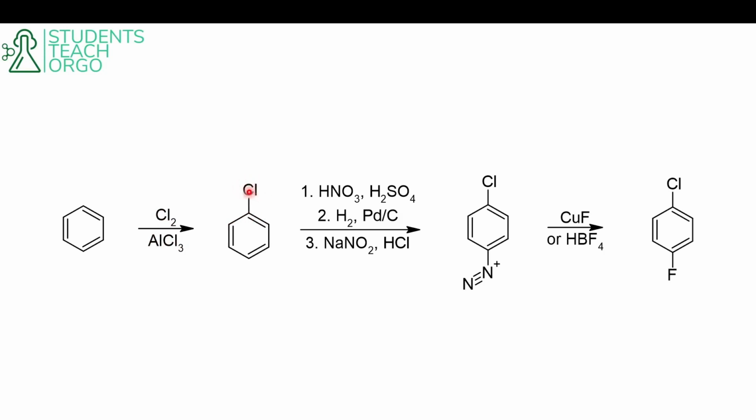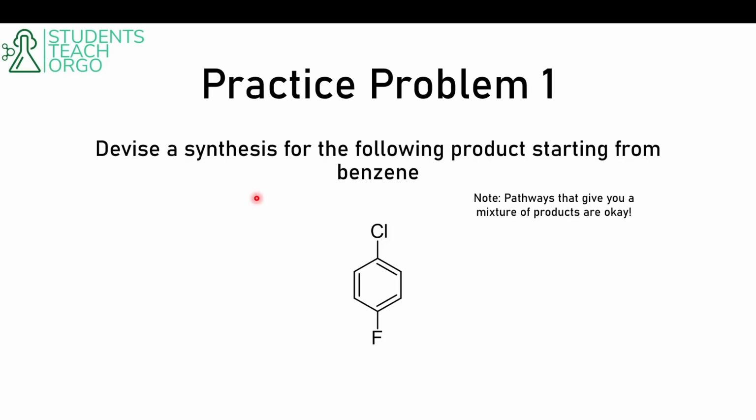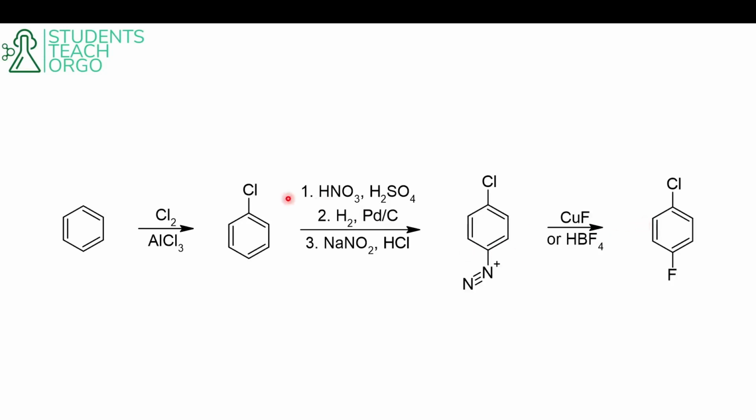And now this chlorine atom here on the benzene ring, we know that this is an ortho-para director, right? And so that's where the hint comes in, or the note: the pathways that give you a mixture of products are okay. Right, so we can end up with the next thing that we add either on either ortho carbon or on the carbon para to the chlorine. Now, just for the sake of the problem, we're going to select the para product, so we can go ahead